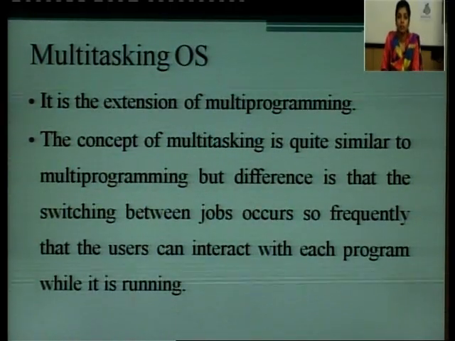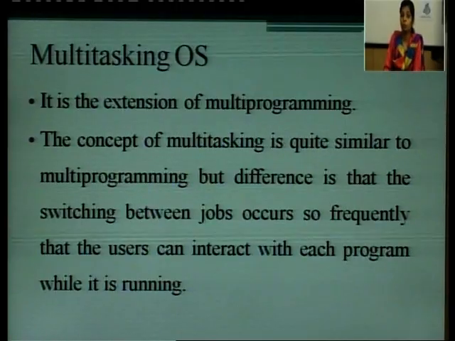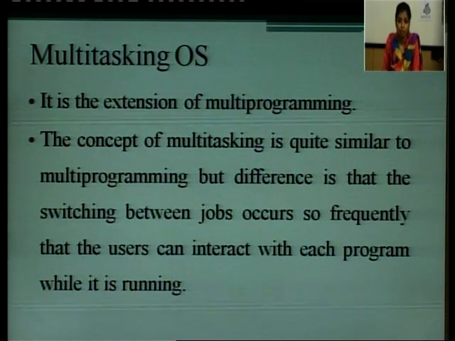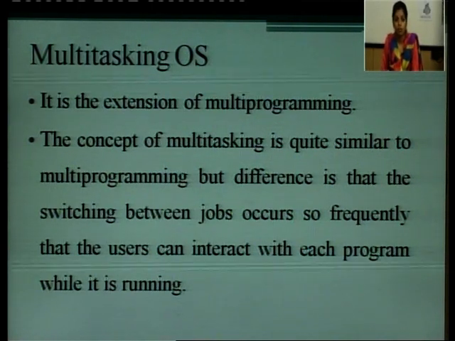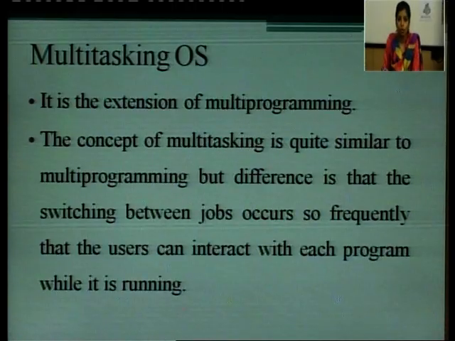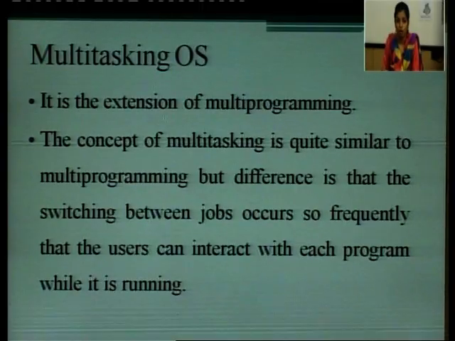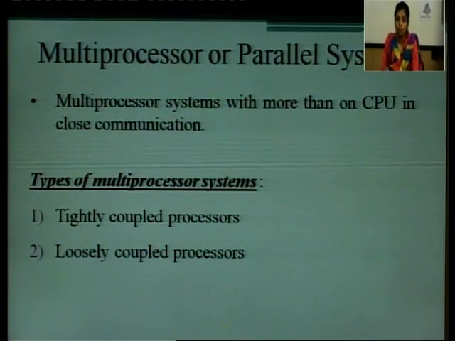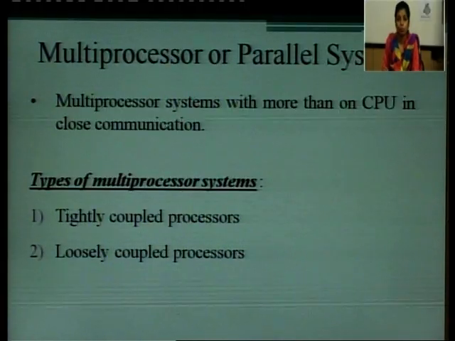Multitasking operating system is the extension of multi-programming. The concept of multitasking is quite similar to multi-programming, but the difference is that switching between jobs occurs so frequently that the user can interact with each program while it is running. Multiprocessor or parallel systems: multiprocessor systems have more than one CPU in close